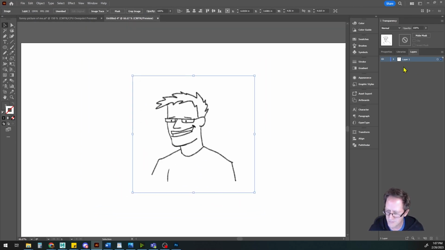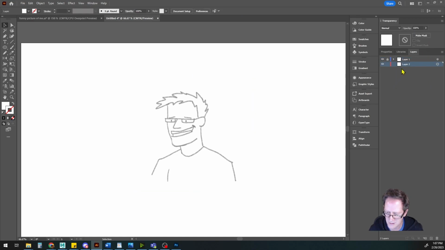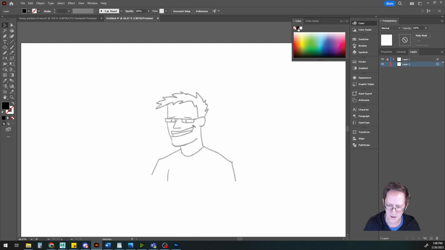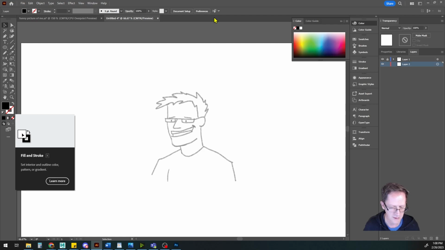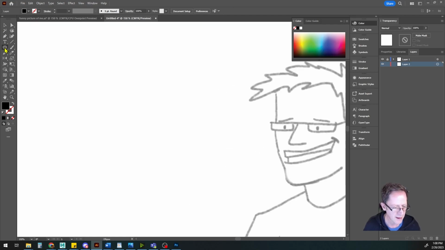To start out, I am going to make a new layer and put that underneath our reference layer. Then I'll make sure the reference layer is targeted, change the blending mode to multiply so that just the black shows through, and change the opacity down just a little bit, like that. Then I'll lock that reference layer and target our new layer. Then I'm going to change the fill color to black, make sure the stroke color is set to nothing,